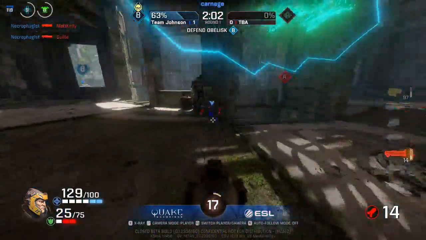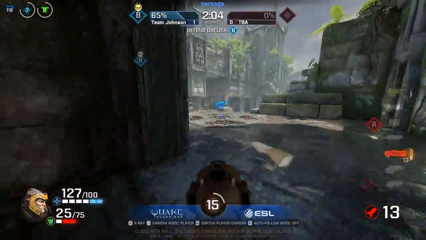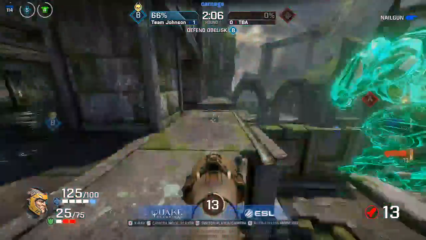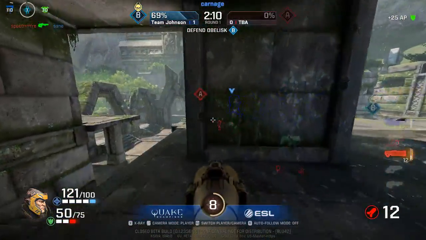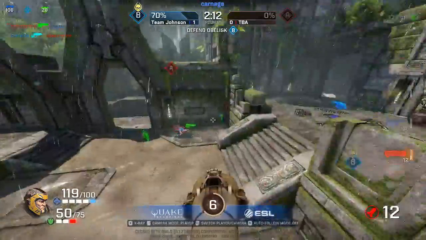And now power up goes onto the clutch. He gets the protection. And now they'll just hop right back over to their point to continue stacking up. Same as before. Just the guys on TBA just can't seem to get anything going for themselves here. No power-ups, no initial caps, no caps at all